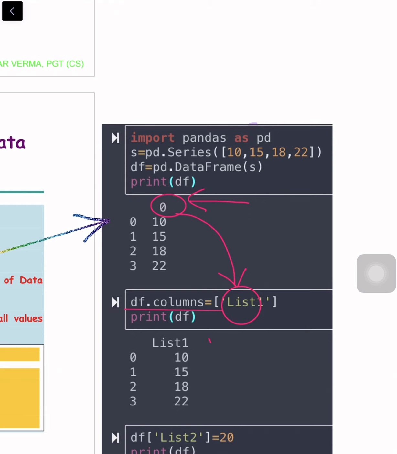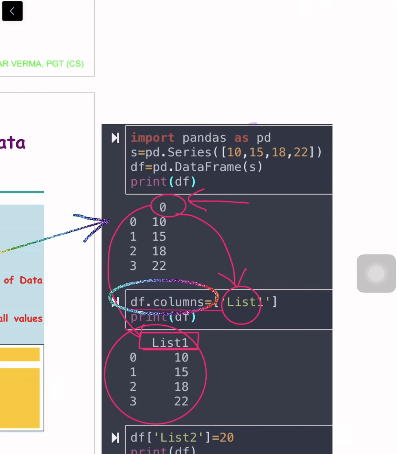If we print again, we will see this output, and list 1 has the following values. So now the 0 has been replaced with the name list 1. This is how it works. So this is the main statement used to change the column name: first you write the data frame object name, that is df, then .columns equals, and then you give the new name.